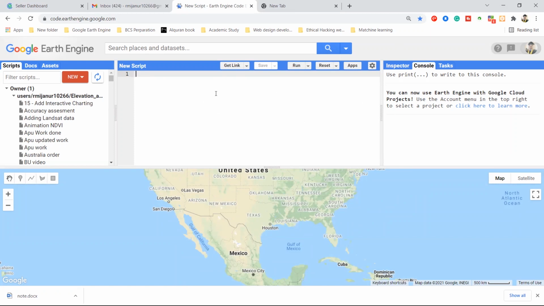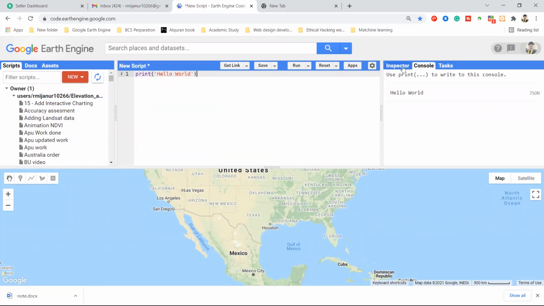In this editor panel, I can write some custom codes, okay? And I can get this result. Suppose I will make an example for this. You can write here the print function. And when I click to the run, you can get this result under the console tab, okay? So mainly you can see this is our editor panel, and in this editor panel, we will write some custom codes, okay?